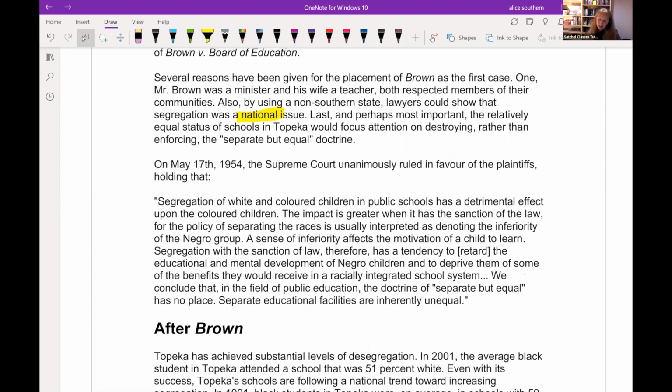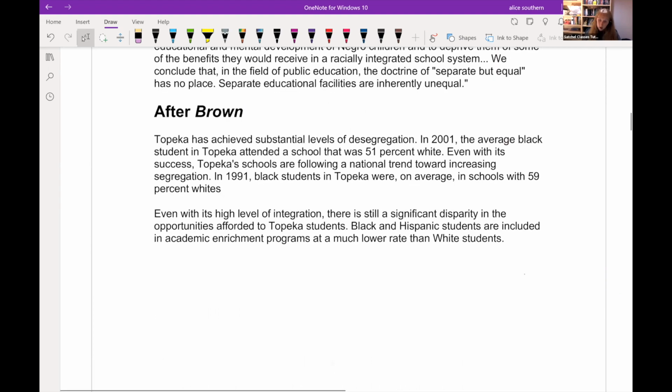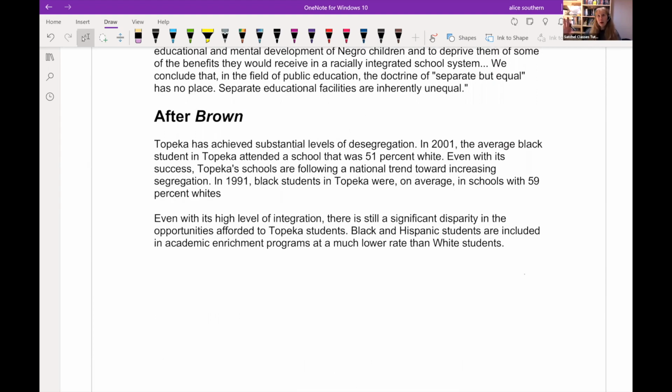And they did, in 1954, unanimously rule in favor. So they said this is unconstitutional. We should not have separate but equal. We should have integrated. So they're saying it has a detrimental effect upon the colored children. And you can read that if you would like to pause at any time and go back over this. That's obviously absolutely fine. So if you're looking at your significance part of your table,